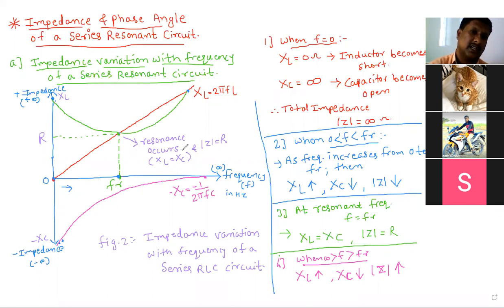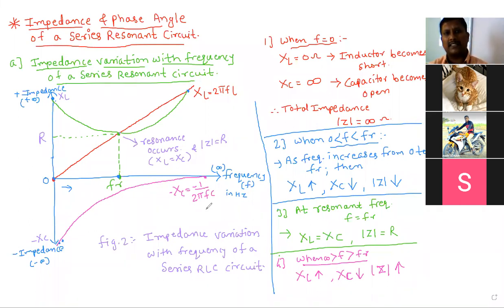With respect to this graph you can explain like this. I have only given shortcuts here, but you have to write in the form of sentences. In the notes I have given sentences, you can use them, but for understanding, using arrow up and down is sufficient. We can easily understand whether it is increasing or decreasing. So this is the concept of the impedance of a series resonance circuit, the impedance variation with frequency.